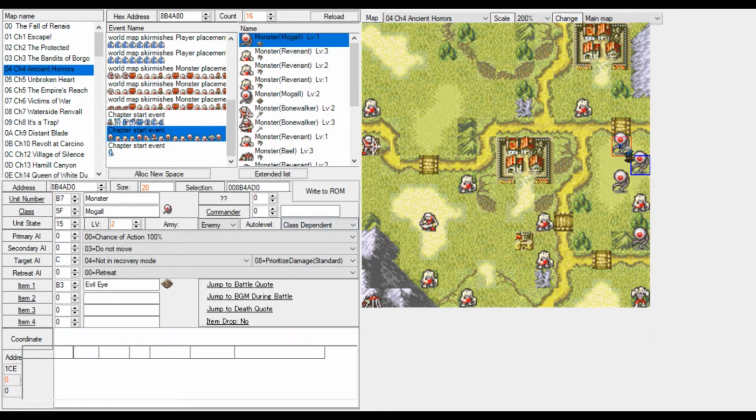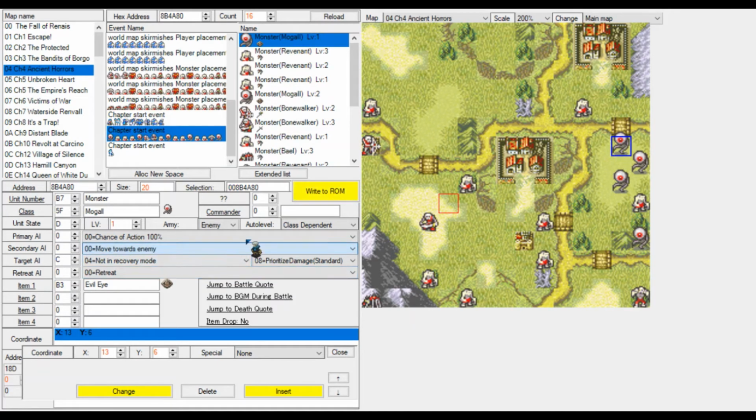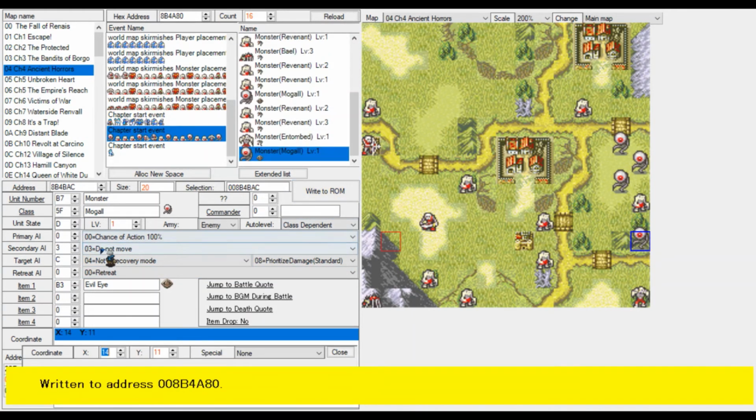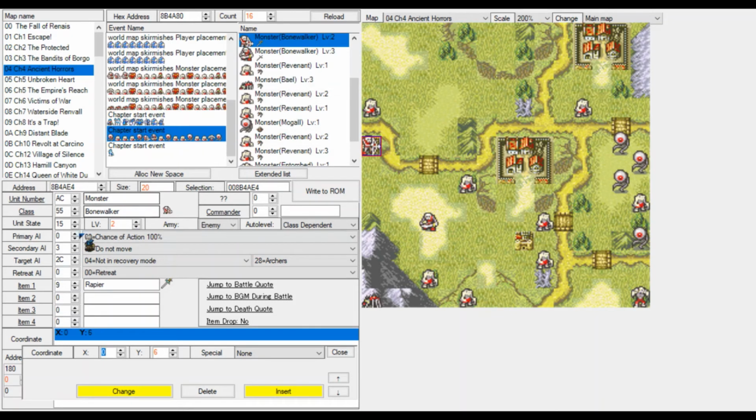No. This one will not. This one will wait. That's good. We do not need all the moguls to immediately come at us. That's not favorable. So that is that. Now we have set all the enemies. I will set reinforcements, but I'll do that off screen because this is already getting a bit too long.